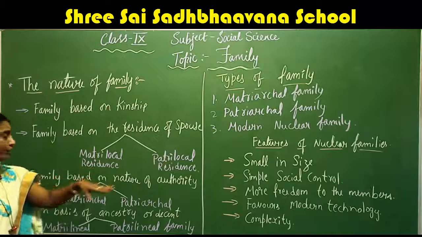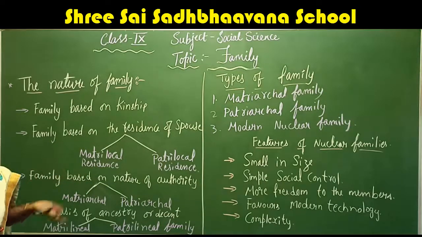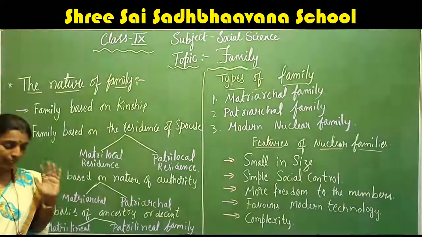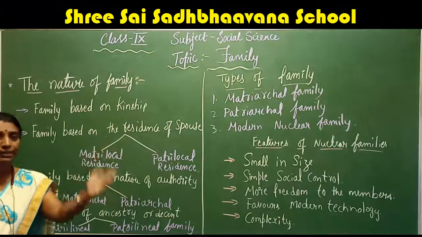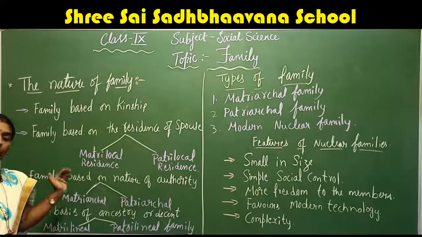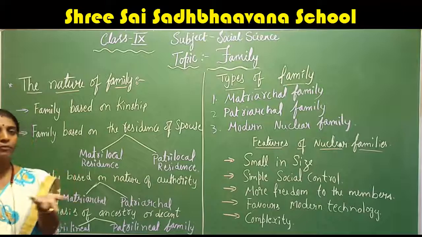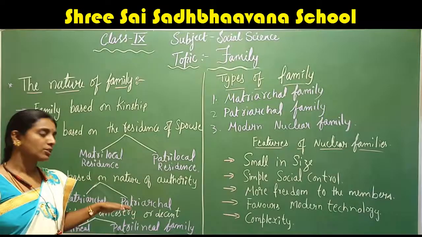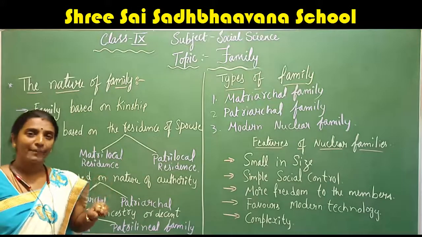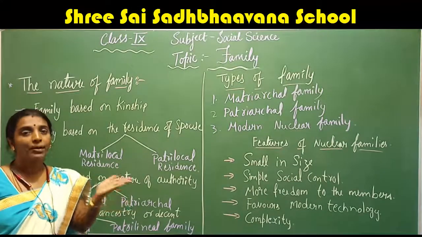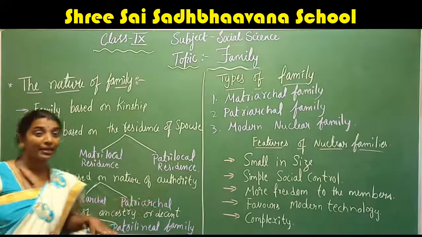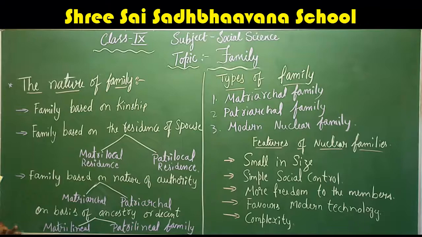So family based on nature of authority, that is the third point. So nature of authority, if it is matriarchal or patriarchal. Matriarchal means the authority passes from mother to daughter. Okay, right of property, these all will pass from mother to daughter. Patriarchal, which our society is following more, the men will be the center of the authority in a family, and the right passes after him to his elder son. This is the concept of patriarchal.